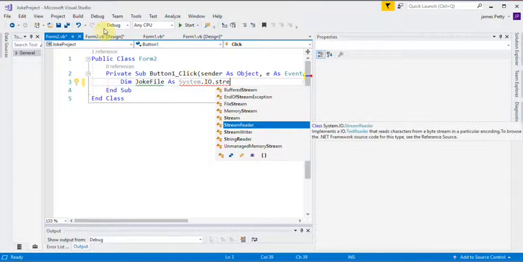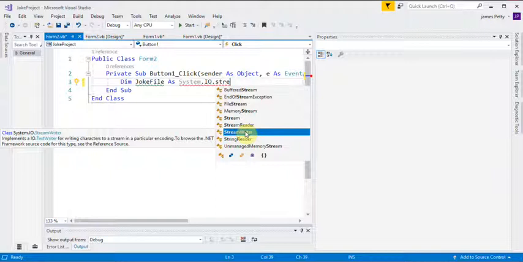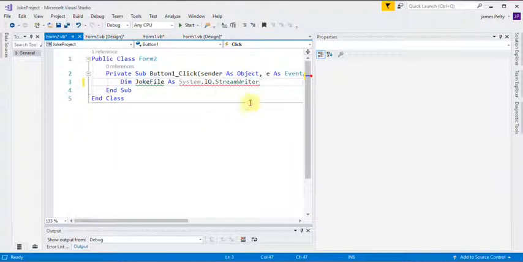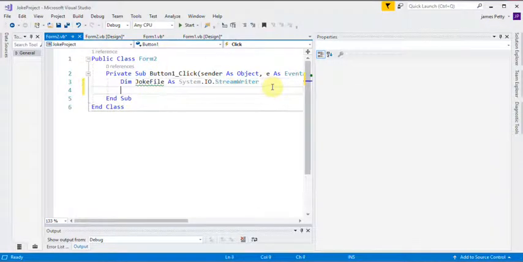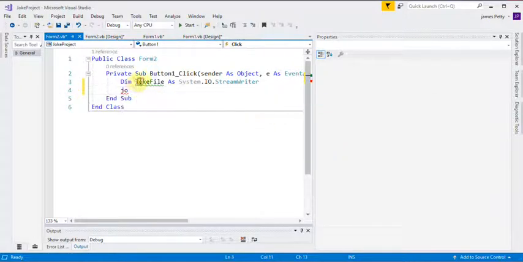Now, while I'm at it, can you see StreamReader? There is another way of reading files called StreamReader, but I figured the other method is slightly quicker. So here we're going to use StreamWriter. There we go. Right, so that's all working nicely. We could have placed it up there as well, but I'm just doing it here for the video so it doesn't scroll up and down. Okay, now we've done that, I need to go into more depth about this joke file. Before I go any further, I'm going to keep that as a lowercase j.